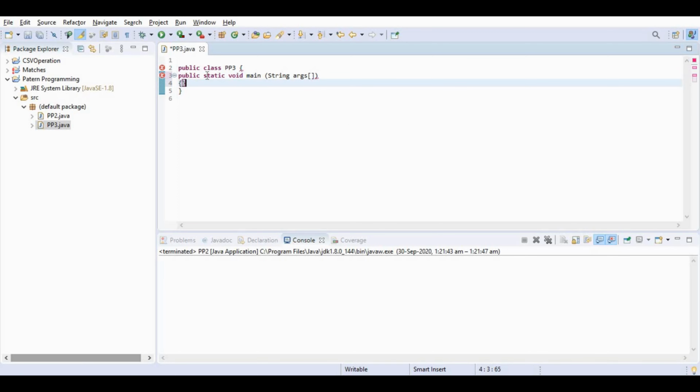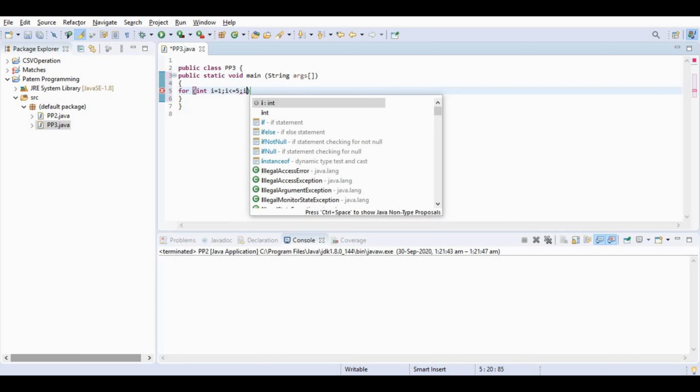Inside our main method we will define our outer loop: for int i is equal to 1, i is less than or equal to 5, i plus plus.